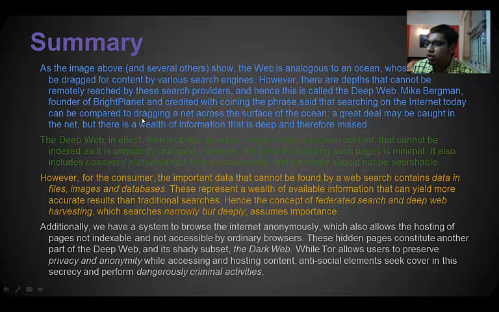A great deal may be caught in the net, but there is a wealth of information that is deep and therefore missed. Therefore, it in effect includes dynamic, scripted, and contextual content that cannot be indexed as it is constantly changing. However, the need for indexing such pages is minimal. It also includes password protected and limited access data that obviously should not be searchable. However, what is important is that for the consumer,